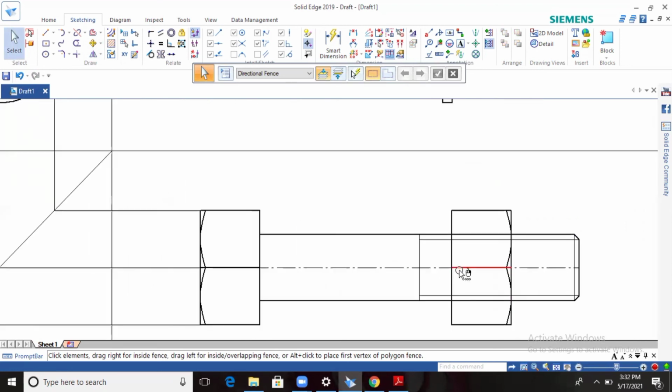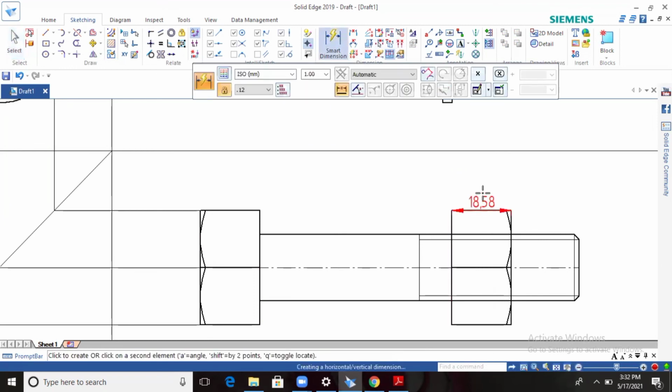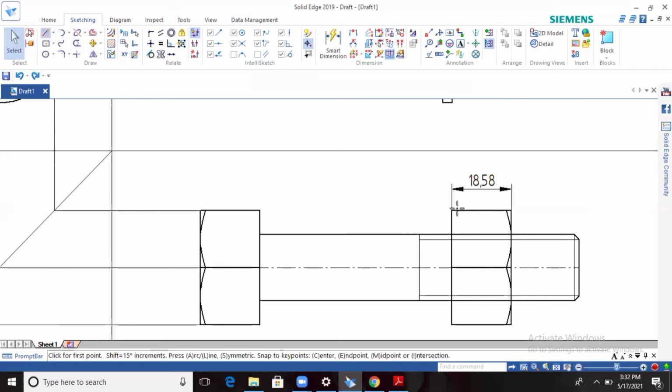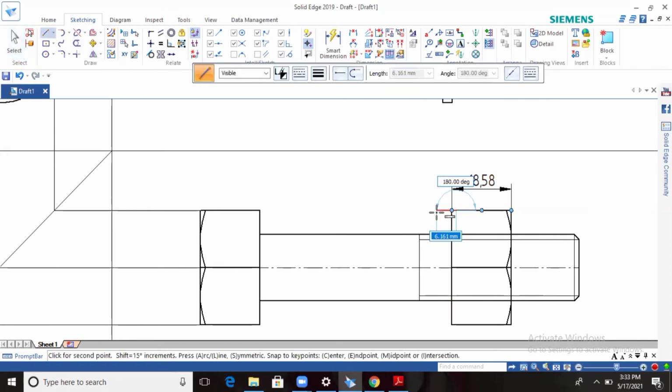Okay, so the length is increased, here the length is less, here you have to extend the length. So what is the length here? Total nut length will change, correct? So it is 18.58, you have to make it 20. Okay, so make it 20. Okay, everything changes, so don't do that one. So make it 18.58. Okay, so extend the line. How much do you have to extend? Up to 20, correct? So 20 minus 18.58.